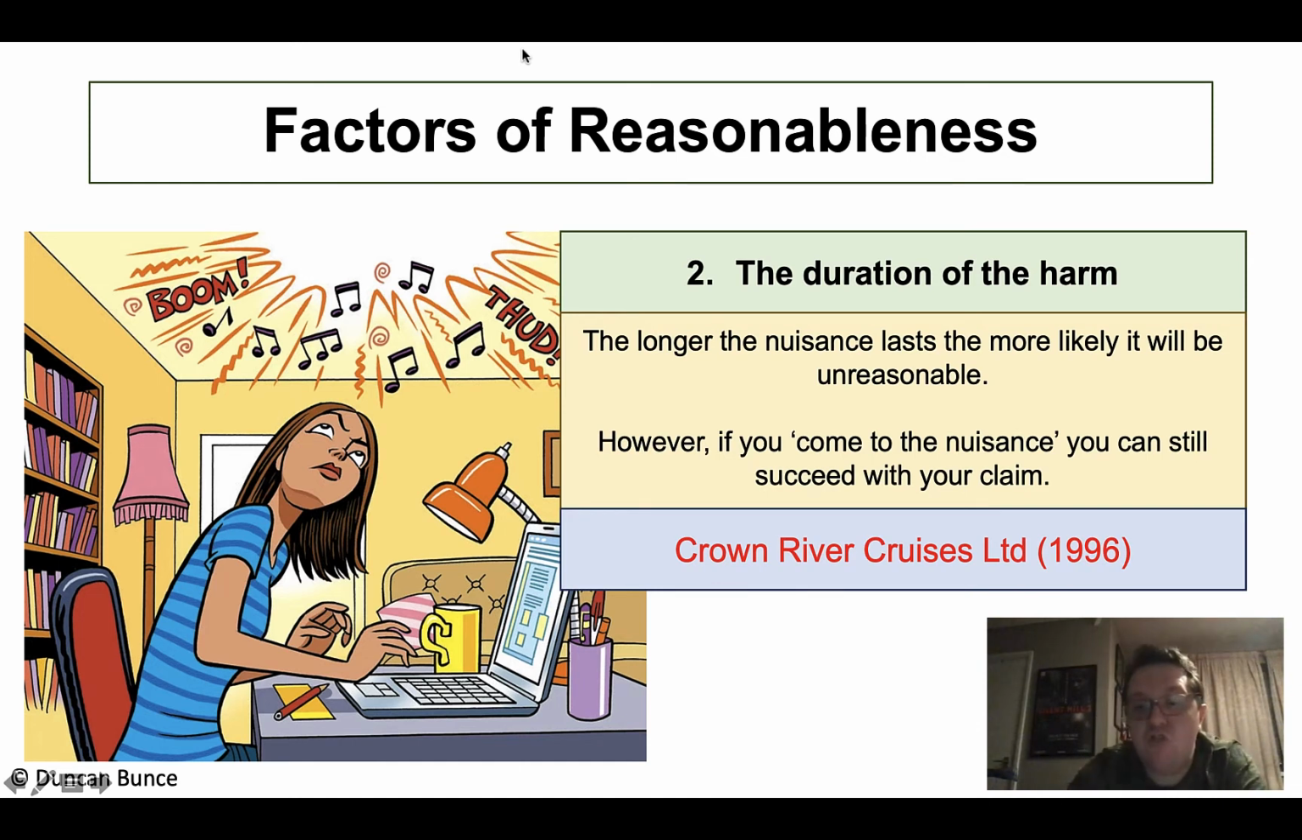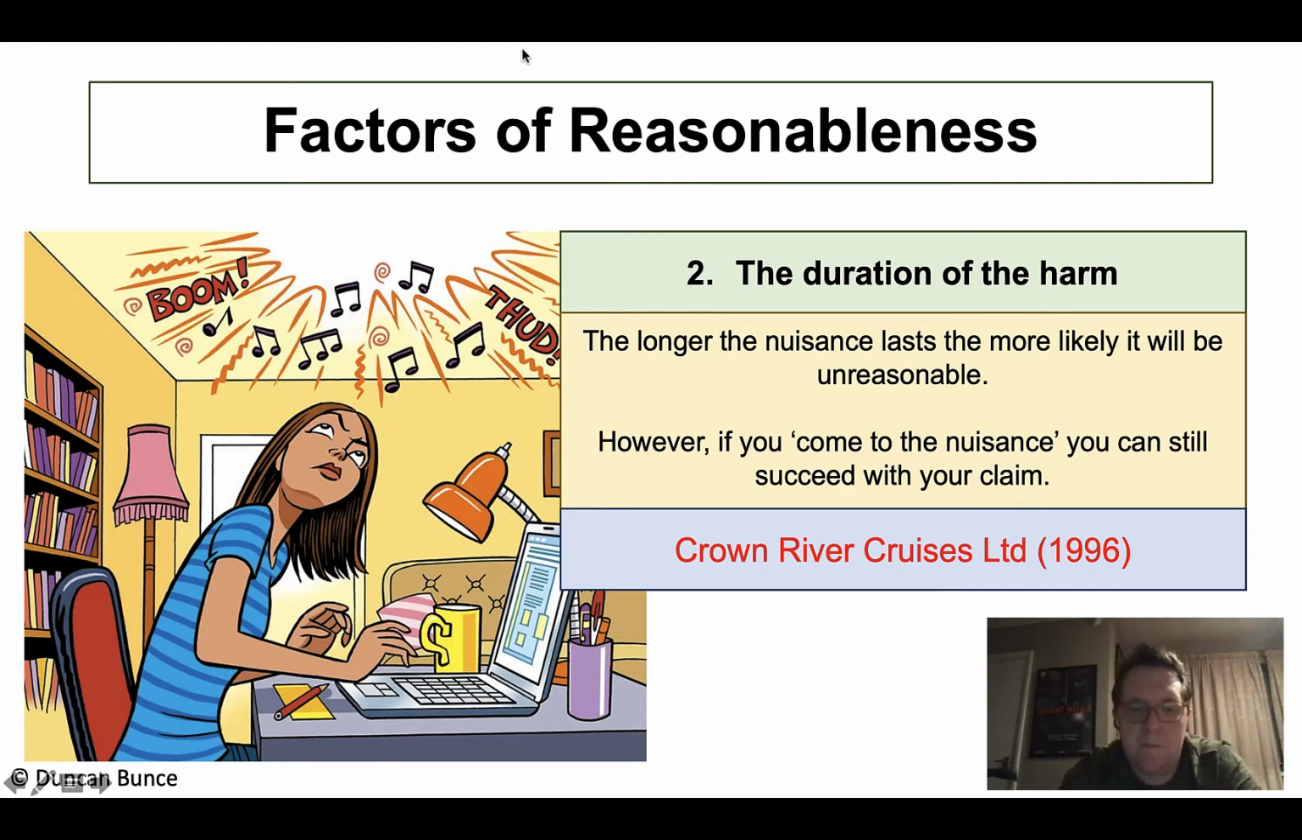Interesting case to support this, Crown River Cruises Limited. Why this one is interesting is because if you can in your exam answers, as you go through this criteria, just make reference to the fact that in this case a 20-minute fireworks display was deemed by the court to be enough to constitute a nuisance. 20 minutes. Now it has to be continuous, but 20 minutes. So when you look at any problem scenarios, if it does indicate the time, or at least you can do your best guess as to what that time would be,